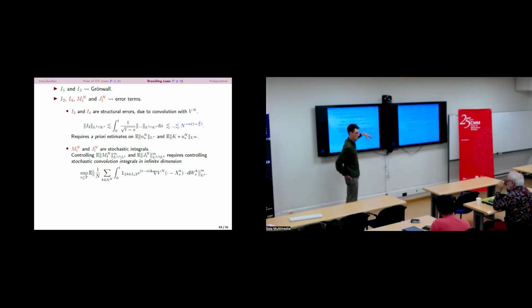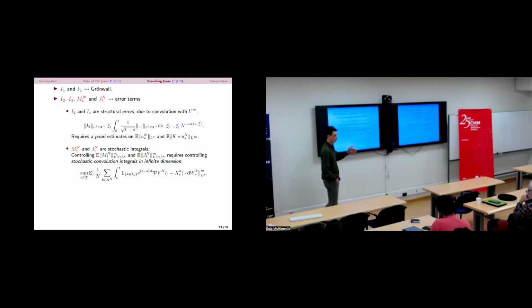So you pay a positive power of n, which you then compensate by the fact that it's 1 over n times. So you have this 1 over square root of n, but you lose a bit because of that. If we could work only in L1, certainly the rate would be better, but we cannot close in L1 because